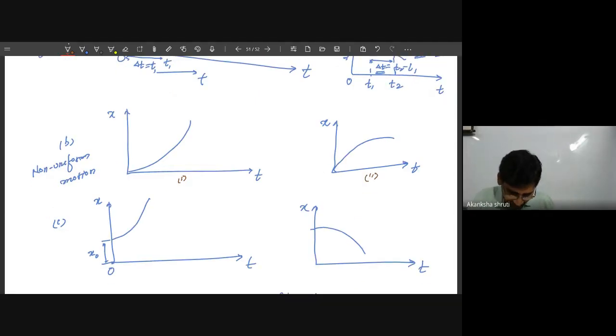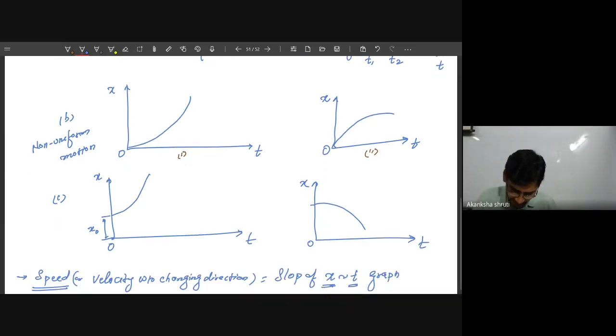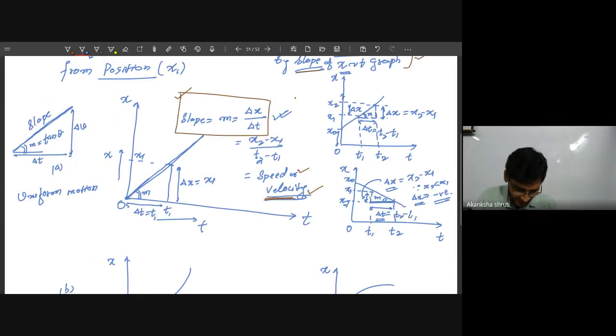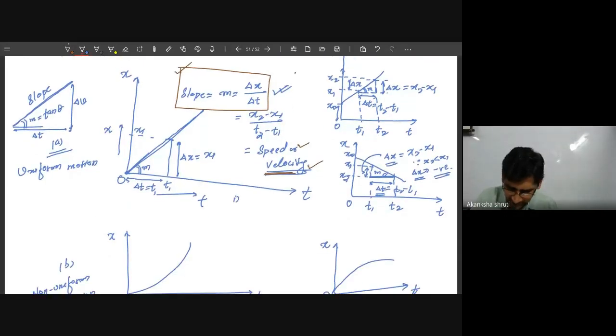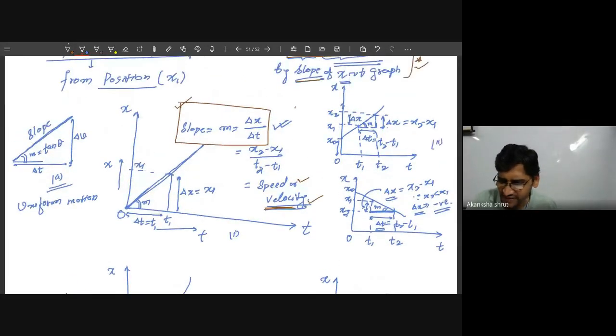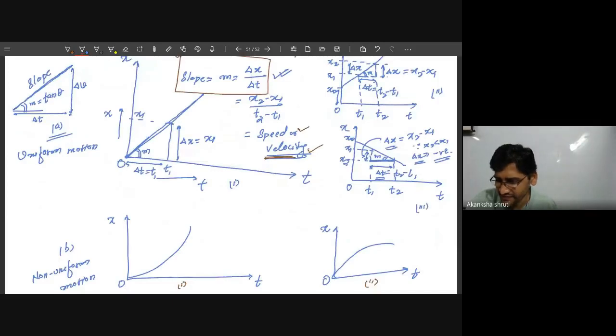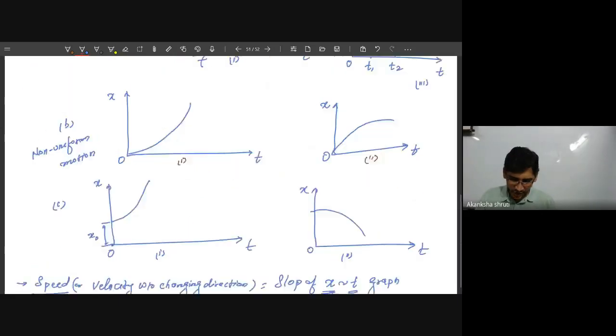It may be possible that this curved plot is not starting from the origin, but rather it is starting from a certain position x0. So this is plotted in part C. So it is again of the two, I mean, this first and second. If you wish, you may write for part A, this was the first, this was the second, and this was the third. So these are the various types of graph. So student, all these graphs are representing the object in motion.